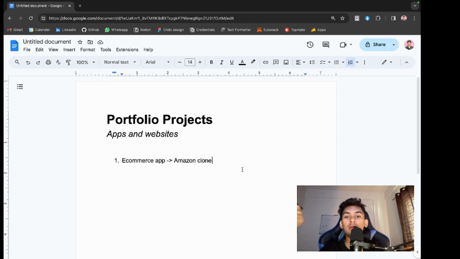we need to sell things here and there. And the best way to sell things is online, and for that we need an e-commerce store. So build an e-commerce store. It can be an Amazon clone, or let's say a Flipkart clone, or something like that. You get it, right? So build an e-commerce clone, that is an Amazon clone, with it, and the tech stack for it